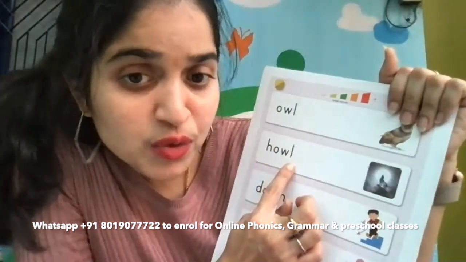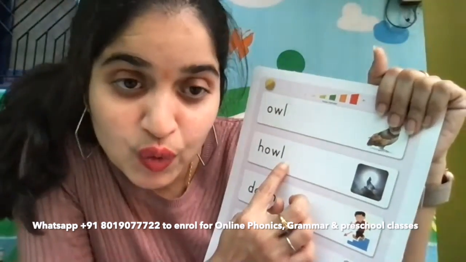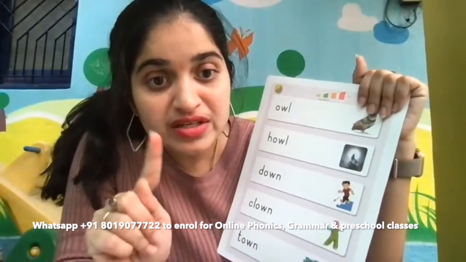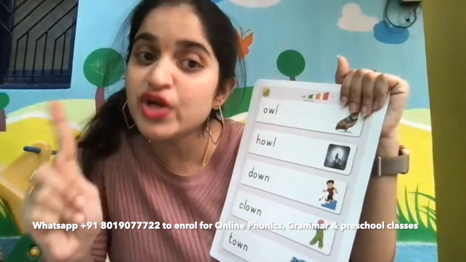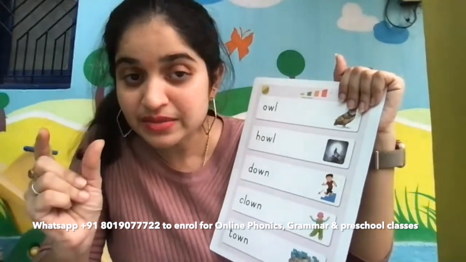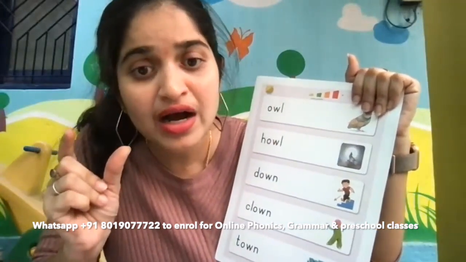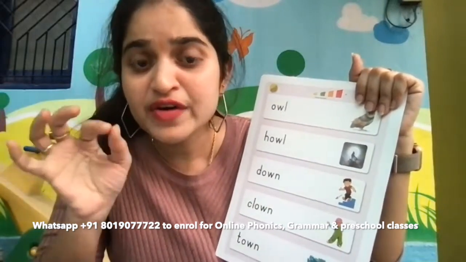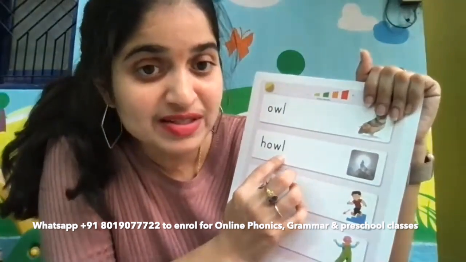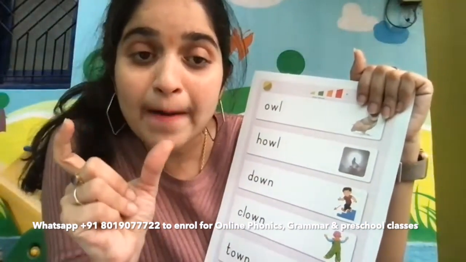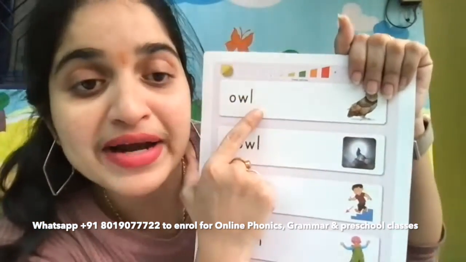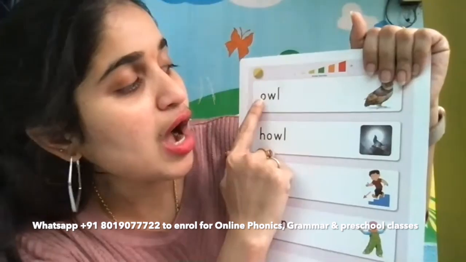O and W. W sometimes, like U, can be termed as a vowel. Remember, the vowels are A, E, I, O, U, and W is also sometimes termed a vowel. Okay, children? We should not use U here. If you use U it will be the same sound, but W sometimes acts like a vowel. So remember that O and W are vowel blends.